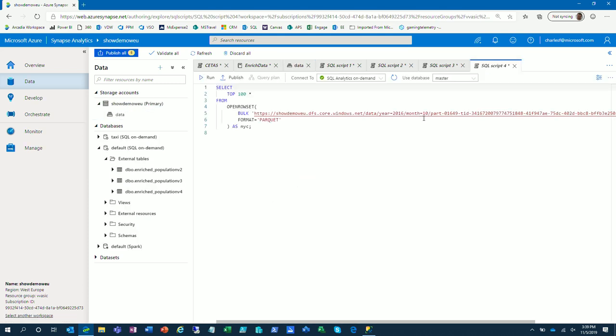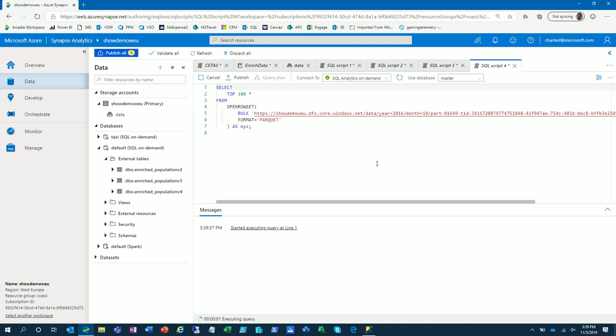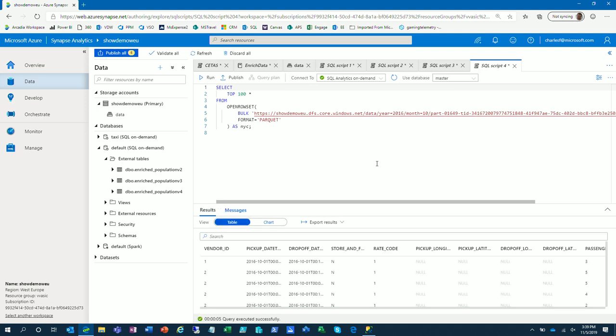We automatically create the code in SQL to just give me a sample of the top 100. We've automatically populated the location here, and I've automatically determined that it's Parquet. So I can go run this now. Hopefully this comes back in a matter of seconds. And what I'll see here is that I'll get a tabulated response at the bottom. So now what it's actually